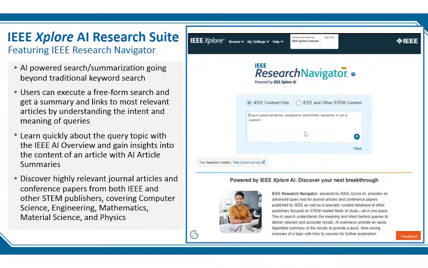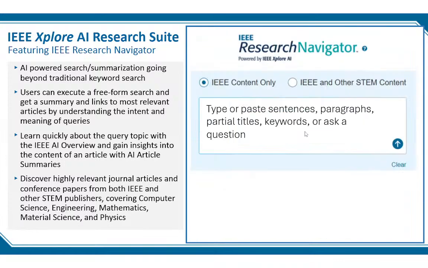All you have to do is key in the questions. You may notice that we have two options here. One is IEEE content only, which means you are only searching within IEEE Explore, or you can search IEEE and other STEM content, which is a curated, selected, trusted source of information.